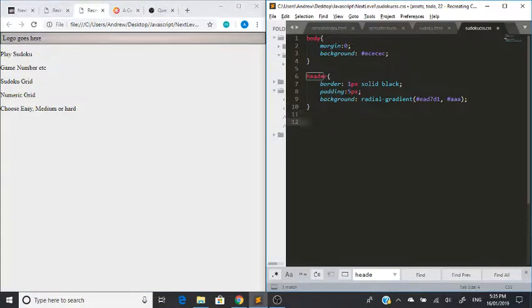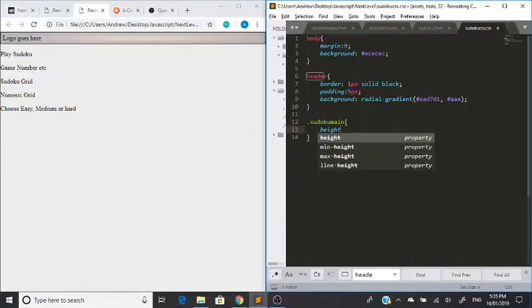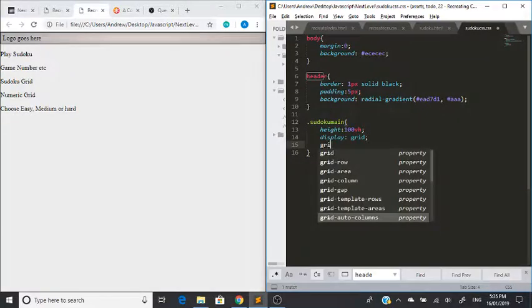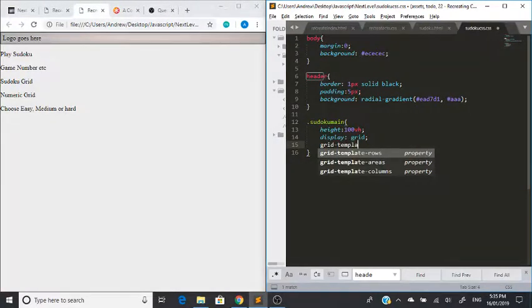So let's do the CSS for our Sudoku main class. So dot Sudoku main. So we'll give this a height of 100 VH, and that's just so the contents of the website take up the full page height. For the CSS grid, we need to set this as display grid. So that's setting it as the parent element, so all the grid items will be arranged according to how we specify. So we specify grid template rows,